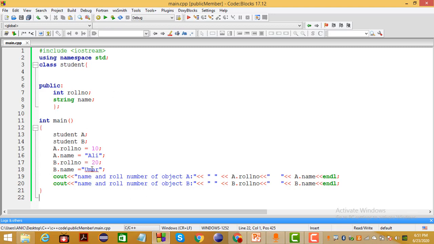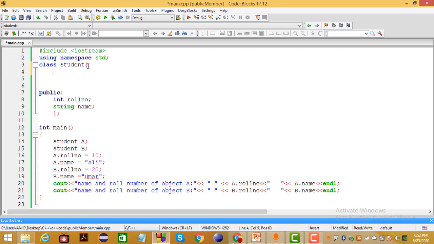Okay, so in this way we access the public variables. What if we use private? What will be the case with private? Let's see. If we define private, and we just take roll number and paste it over here.